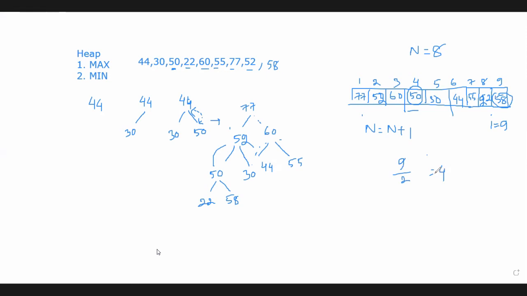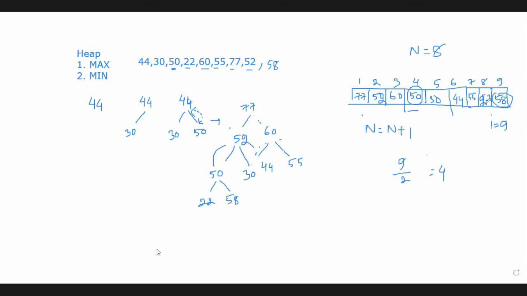What is the second step of the algorithm? We are going to repeat these steps for every new node. Whenever we insert a new node, we follow these steps. So you can say: repeat steps 3 to 5, or 3 to 6, while I is greater than 1. And in the first location, we'll always insert the root node.